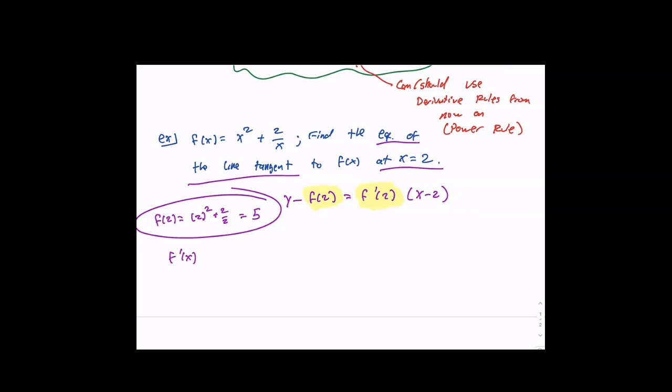And this is what happens in calculus a lot. But to find f prime of x, what do I have to do first? There's a lot of, oh, I have to do this. Oh, but before I can do this, I have to do this. Ah, but before I have to do this, I have to do this. So there's a lot of that that happens in calculus because it just comes with putting things in the right order and putting things in the right forms so that we can work with it. So before I can find f prime of x, so I want to find f prime of 2, but I got to find f prime of x. But in order to do that,